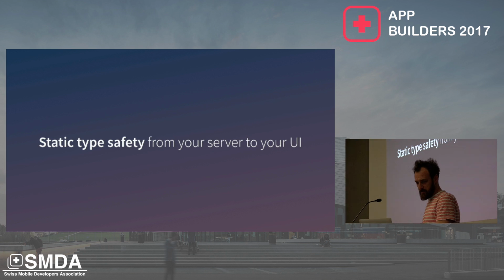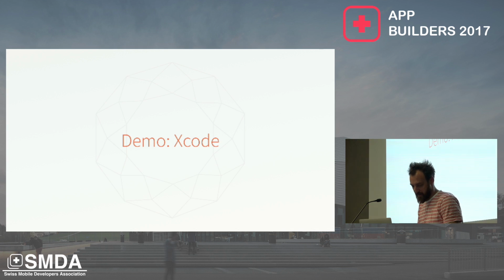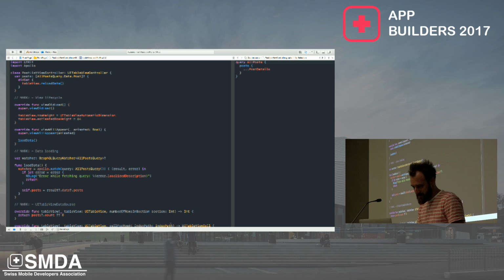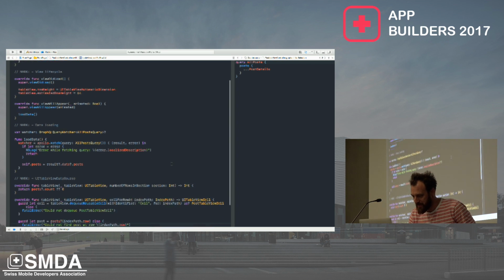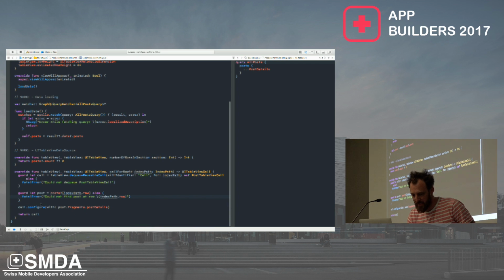So that's, I think, one of the main benefits of using a client like Apollo iOS. It gives you static type safety all the way from the server to the UI. But what does that look like in practice? And this, I think, is the really neat part of the demo. So this is